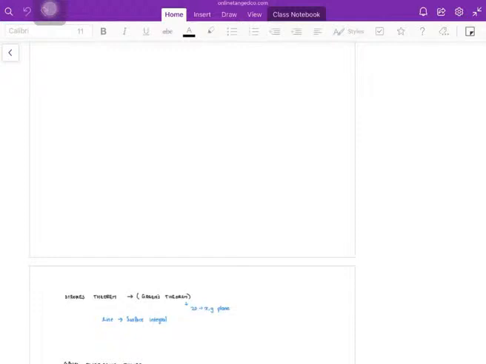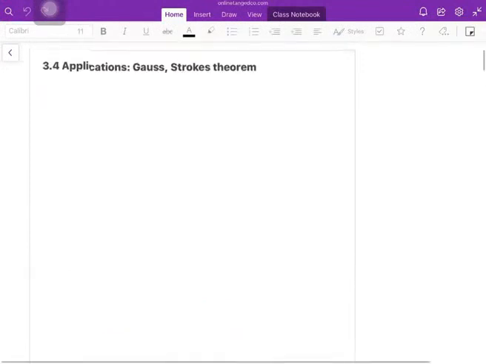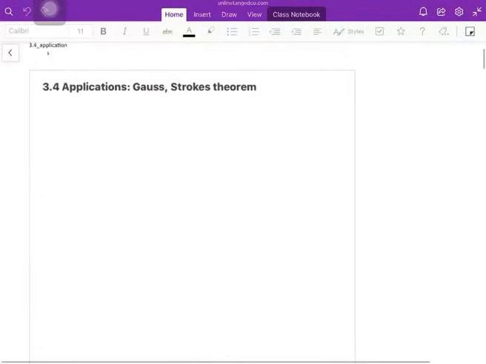In this lecture, this is the last lecture of this chapter, vector calculus. We'll see the applications of some theorems: Green's theorem, Gauss's theorem, and Stokes' theorem. In the last 10 minutes, if I have the time, I will tell you the bonus part. In the bonus part, I will teach you what this idea means practically.